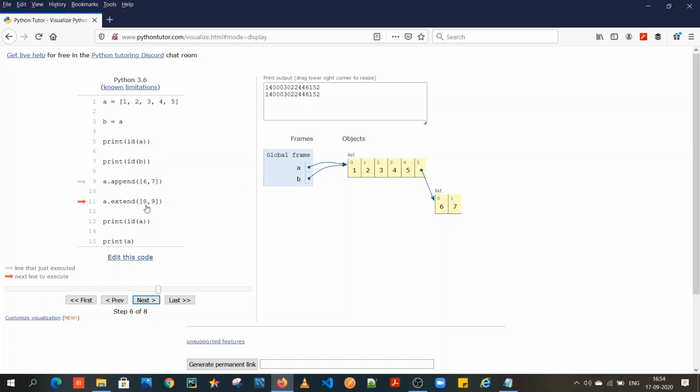Similarly, what extend does is actually extend the list. It will create more spaces here. But how many more spaces will be created depends on the number of elements passed in this argument. In append, sorry, in append, 2 elements were passed. The list has 2 elements, but only one space was created, and it stores both of them. Kind of a nested list now.